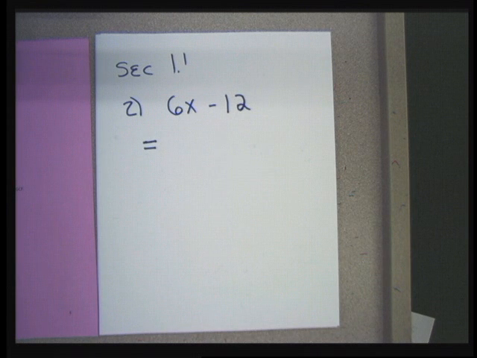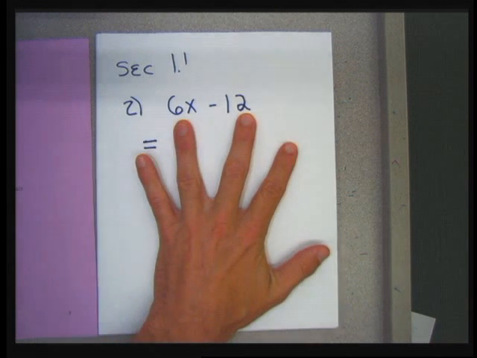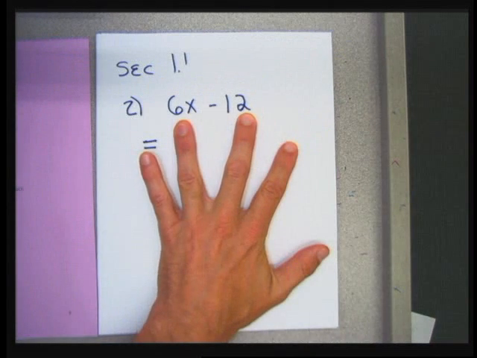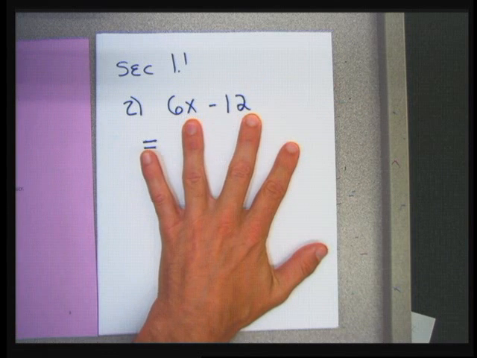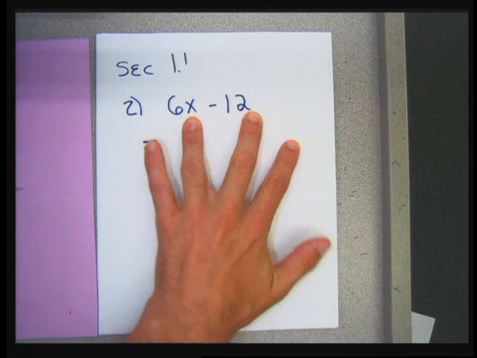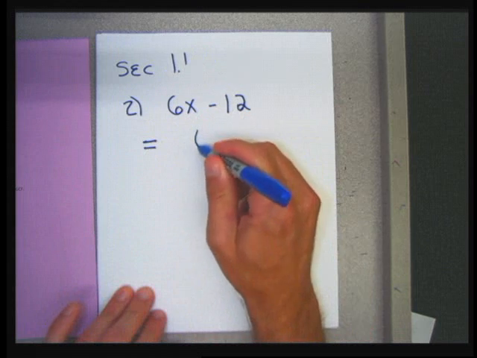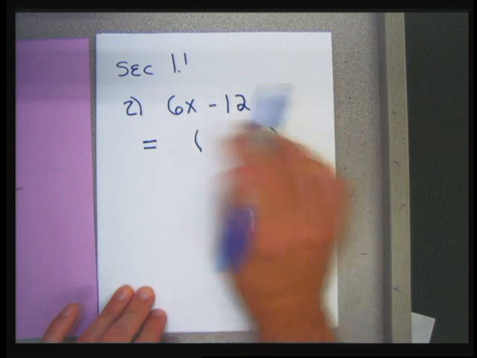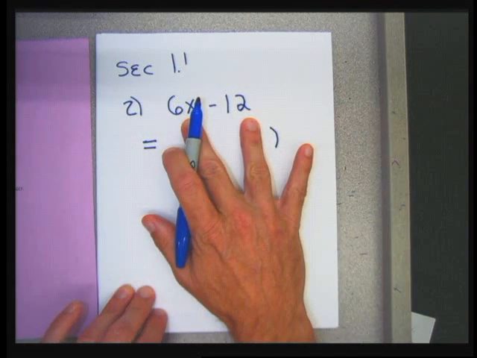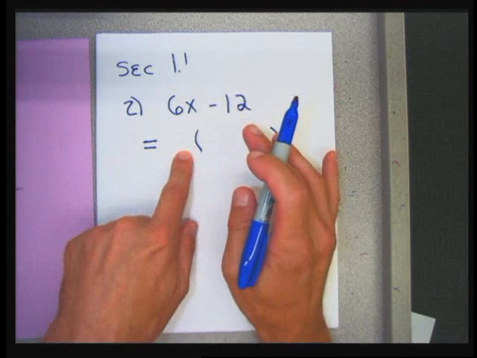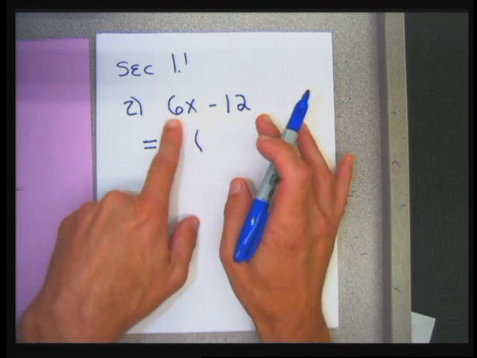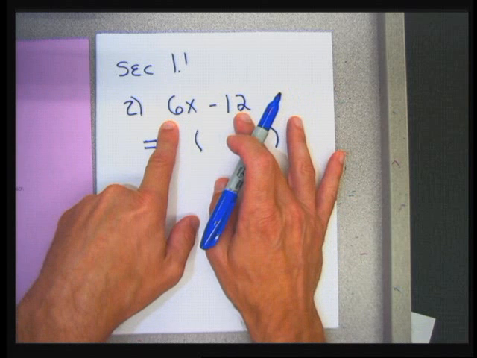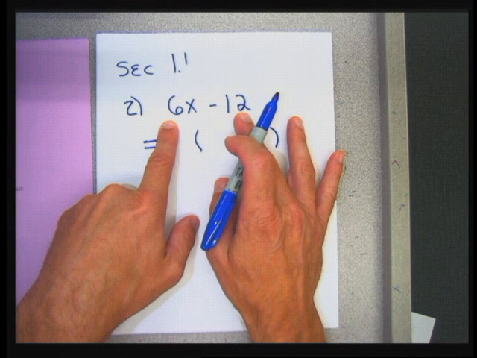When I look to find my greatest common factor, I look to see if both the terms have the same letter. They don't, because the 12 doesn't have an X, the 6 does have an X. So what I'm going to write in front of a parentheses is not going to have an X, because both terms in the original problem don't have an X. But I'm going to write a number in front of the parentheses, and it's going to be the biggest number that divides evenly into 6 and 12. And that's going to be